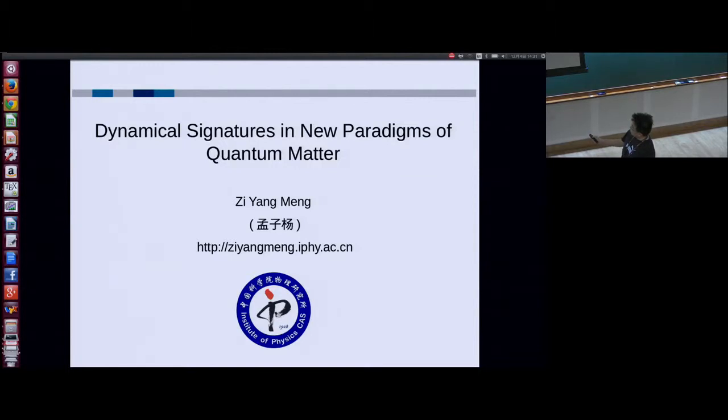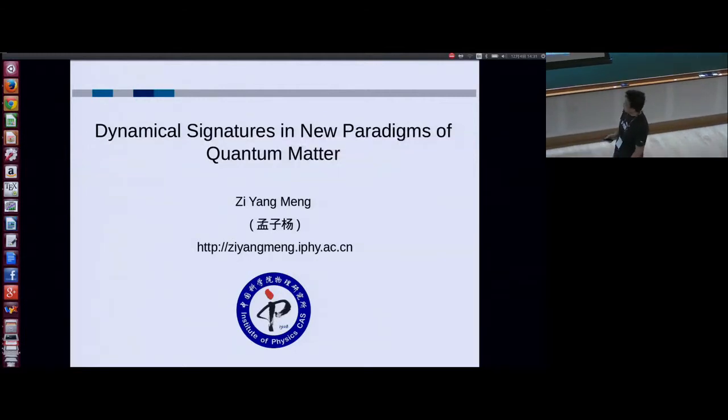Dynamical signatures in this case are mainly about the spectrum in the spin system. And the so-called new paradigm of quantum matter, in this context, in this talk, is mainly about the deconfined quantum critical point and also spin liquids. Right, so I'm Meng from IOP in Beijing. So let me start with,